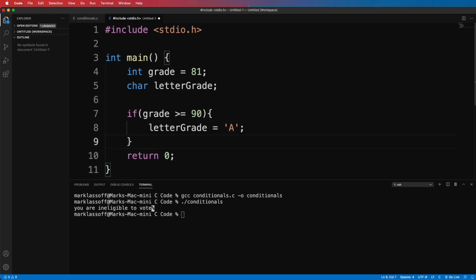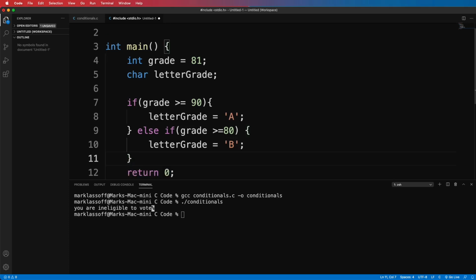Now we have to do an else here, and the else is going to be followed by another if. So else if grade is greater than or equal to 80, then the letter grade is going to be a B. We'll continue our else ifs, and I'm going to use a little copy and paste here to speed that up.